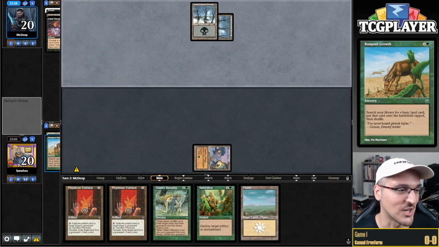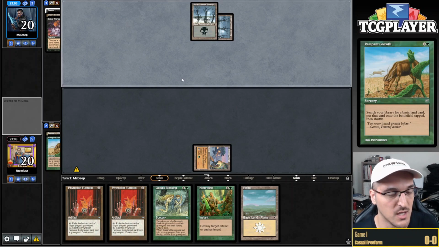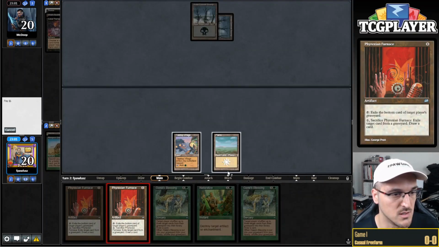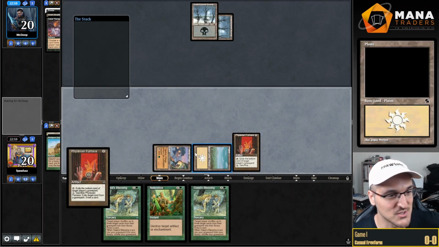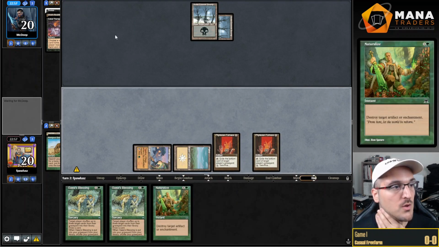I mean, sure, it sucks, right? Getting a Rampant Growth there, it's kind of rough for us, but it could have been a very clean 2-for-1 against a deck that specifically cares about the amount of cards that I have in hand. So I think this coming turn, I'm not going to Blessing. I'm just going to play both. That sucks, but it's okay. So I will just play both Furnaces to protect myself from a